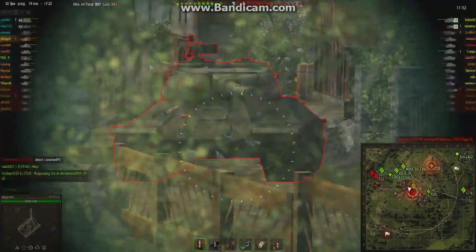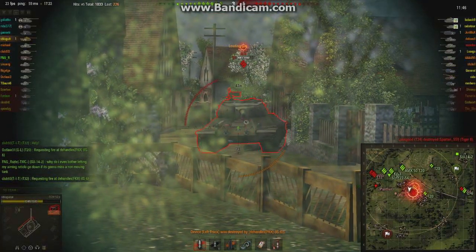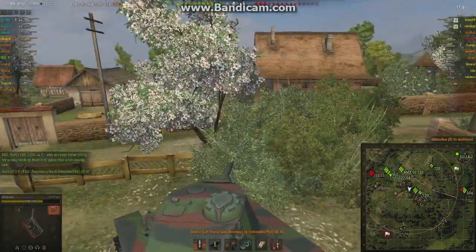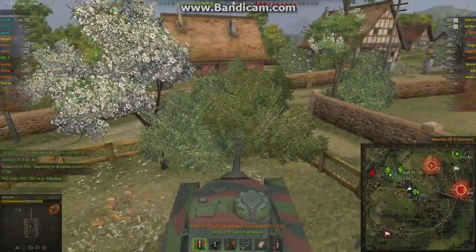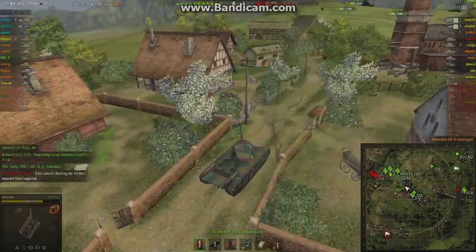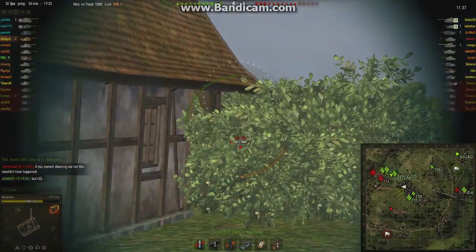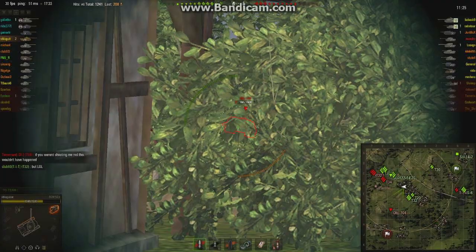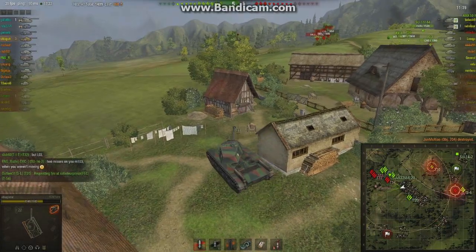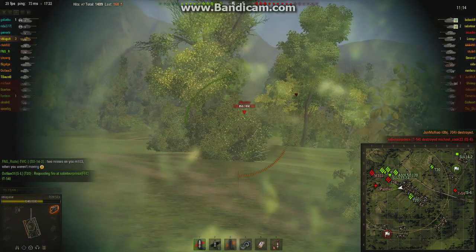Alright, so the IS-6, he's got it on here. Yeah, well, he got my tracks. I should reload faster than him and go, yep. Okay. Once again, the gun is the strength of this tank. You can deal out a decent amount of damage, and you can do it quickly. So in the time it takes one of these guys to reload, and the things are going my way. I don't want to say that too soon, but